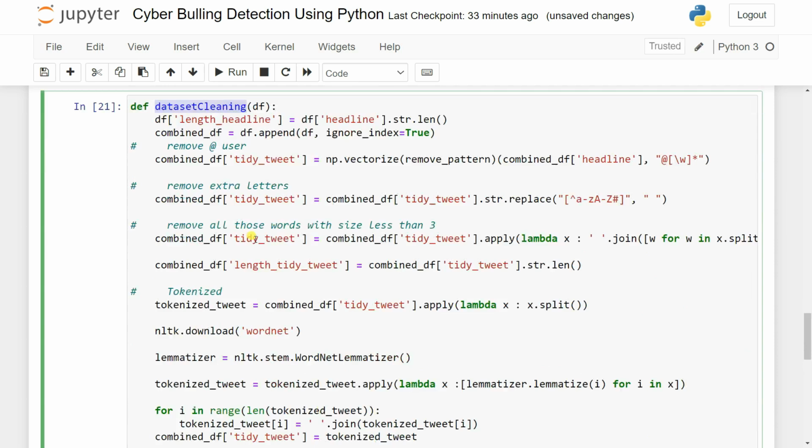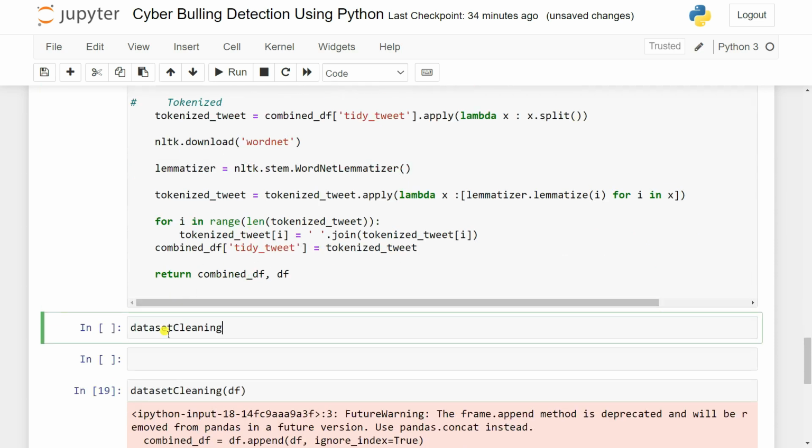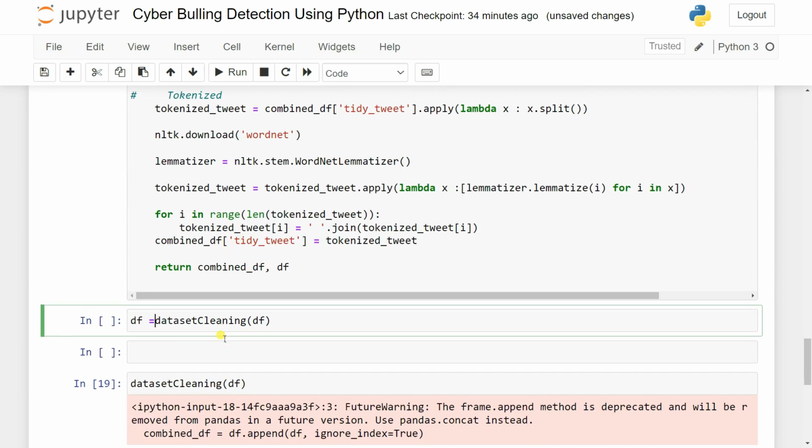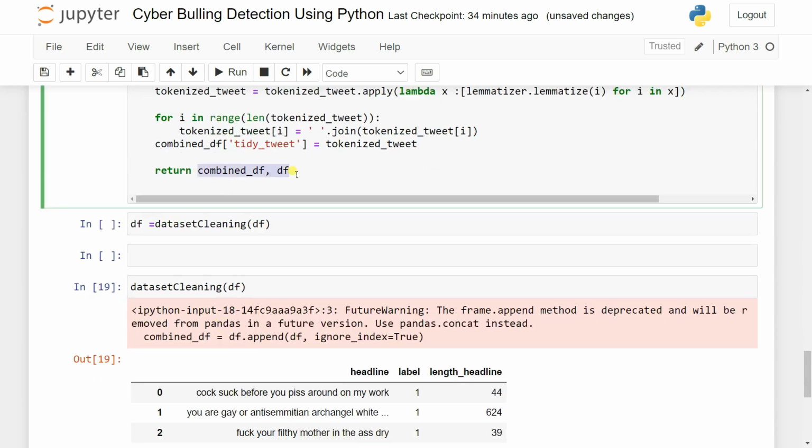And now let's copy this out, and after that you can pass it here. Then you can pass my df here. So this is nothing but my df as well. Let's say df, and as well as this combined df. So let's copy this out,